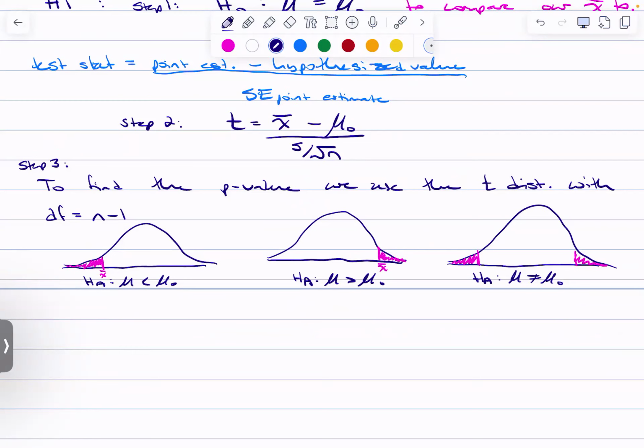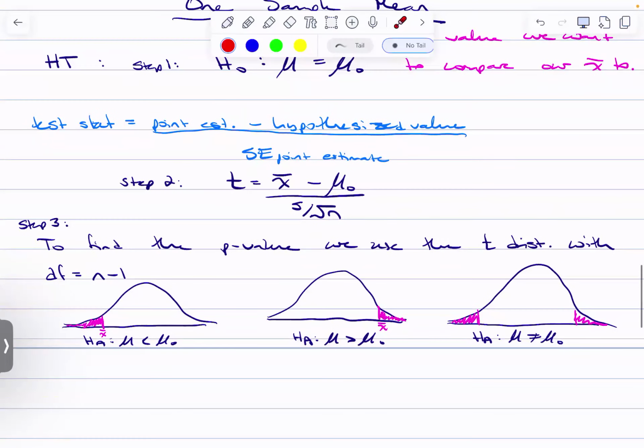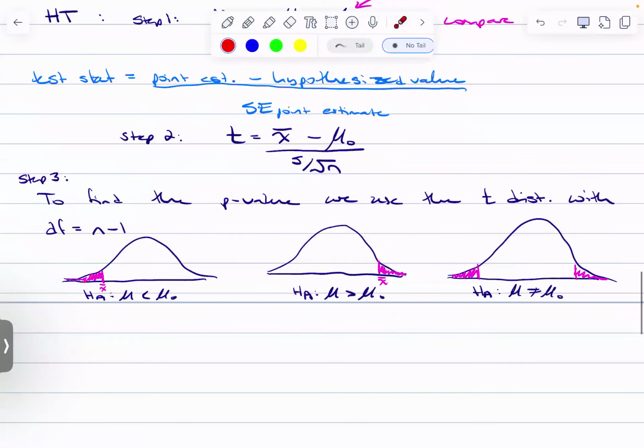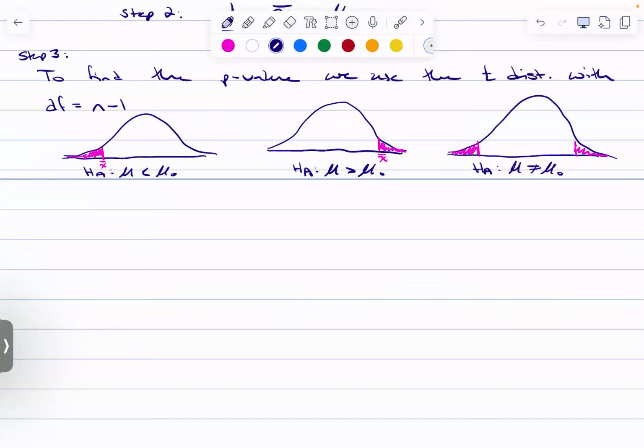If you have now found that x bar is significantly far enough away from mu naught to reject H naught, then usually what we want to know is, okay, well then what is a reasonable value for x bar, or what are some reasonable values for x bar? And so that's when we start building a confidence interval. So the confidence interval,